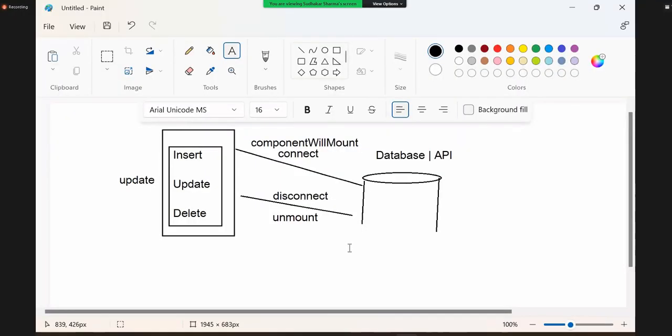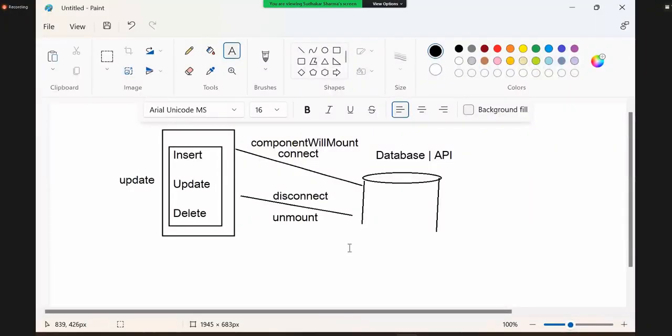That means what should I write? Because unmount is already happening. What should I write in unmount? It is already cleaning up, already deleting the memory. Even if it is cleaning up and deleting memory, some contents will be in such a way